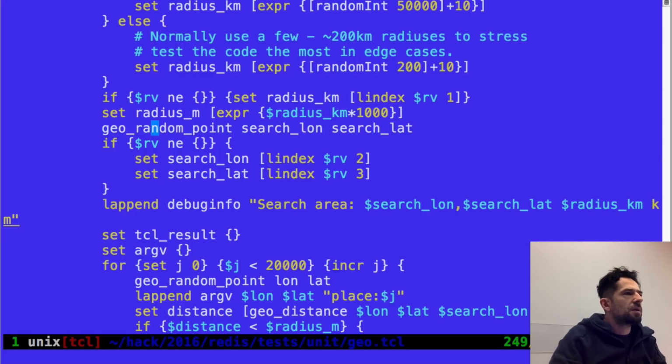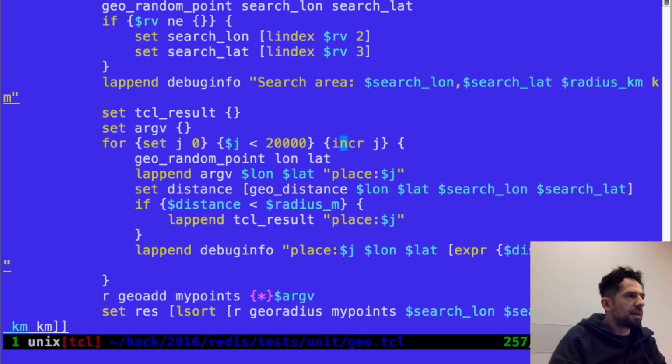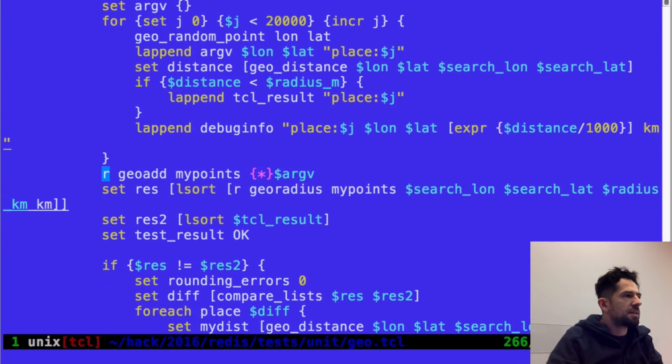Okay, this random point is the center of the search point, and then I generate 20,000 other random points that are the points on all the Earth surface, and at this point I can see, okay, I also add the same points in a Tcl list, and I add the same points in